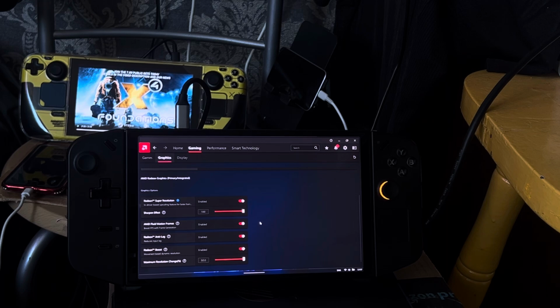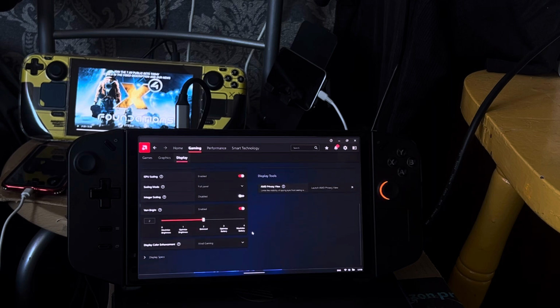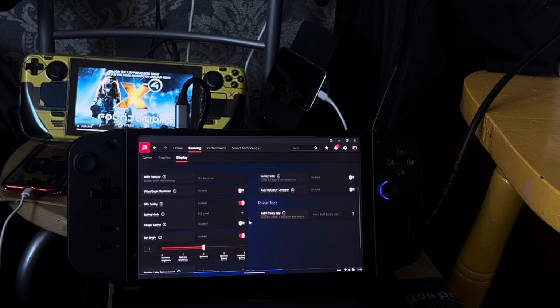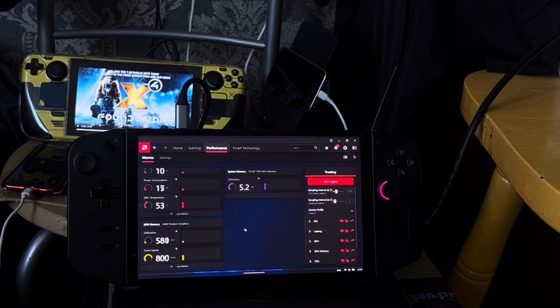AMD Fluid Motion Frames, Radeon Anti-Lag, Radeon Boost, Maximum Resolution Change. And then display, I'm using Vivid Gaming. I also use GPU scaling and very bright. It doesn't have anything else in here. Then I go to performance. I've got all of these showing up: GPU memory,